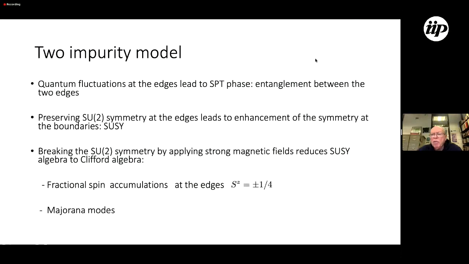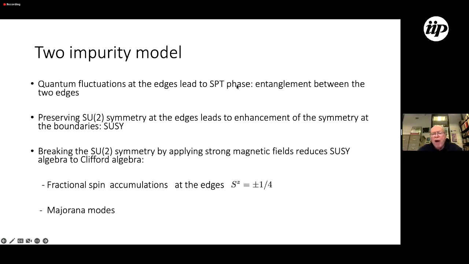So the two impurity model, let me summarize, has quantum fluctuation at the edges, and that leads to what is called a spin-protected topological phase which entangles the two edges, and it leads to a